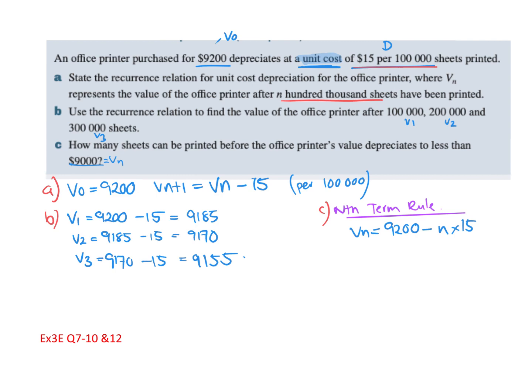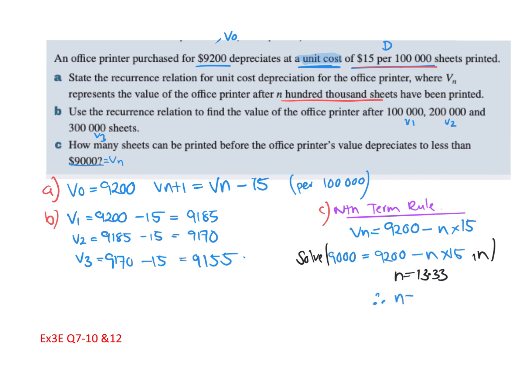All right, so we've got the nth term rule, and we want this to equal 9,000. So we pop that in there. Okay, and then we can use solve, comma, n, and we find out that n equals 13.33. So we know, what are we going to say therefore? N